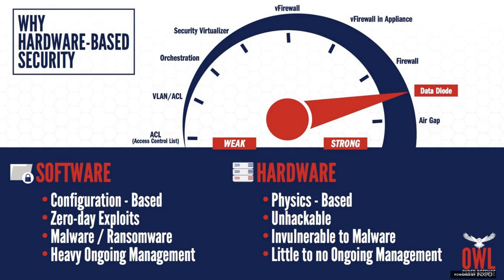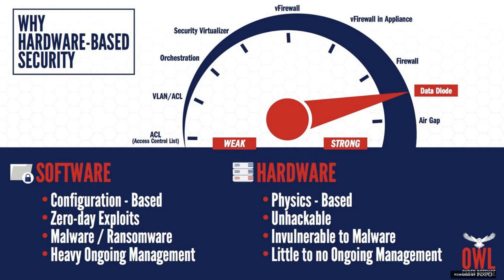So we talked about doing one-way out and one-way in, and then reducing that two-way traffic. How do you do that? The approach that is supported and recommended by the Department of Homeland Security is a data diode. Some of you may or may not be familiar with data diodes and what they do. A data diode is based on hardware.